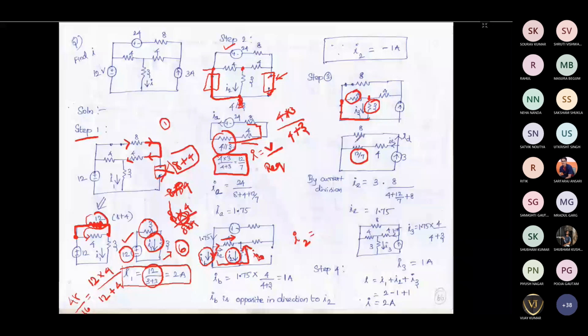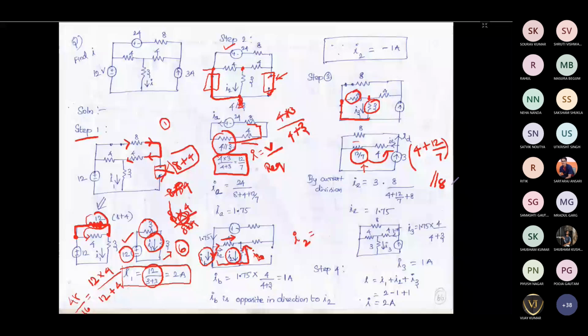Okay, so if you draw this, these two resistors are in parallel. So I have made an equivalent circuit, that is, the equivalent resistance, 12 by 7. Once I made this equivalent resistance, that resistance and this 4 ohm resistance are in series. Then if you find the equivalent value, you can directly find 4 plus 12 divided by 7, because both elements are in series. If you find this value, this will be parallel to the 8 ohm resistor.